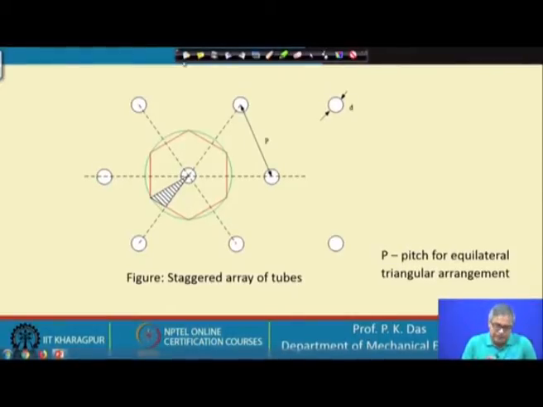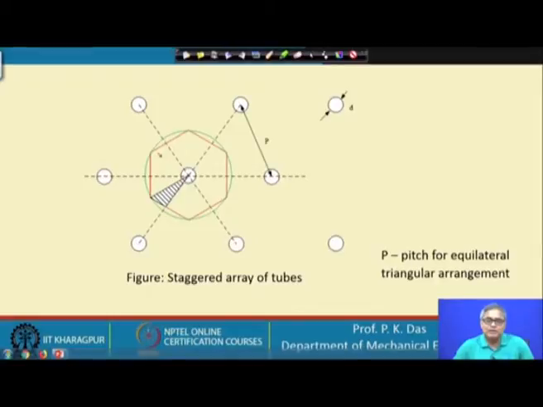So, let us come back to the present configuration. Here again it is a staggered arrangement, and the arrangement is such that each tube occupies the vertex or apex of an equilateral triangle, and with a pitch P we can define the geometry. We can see the shaded portion. This shaded portion is repeated to give this polygon, which is a regular hexagon. It is shown by a red line to indicate that all the fins in this case will be hexagonal fins.